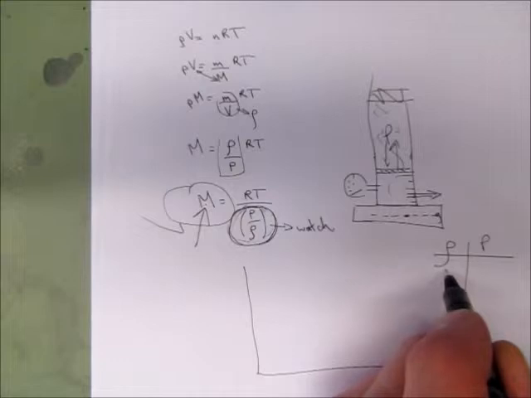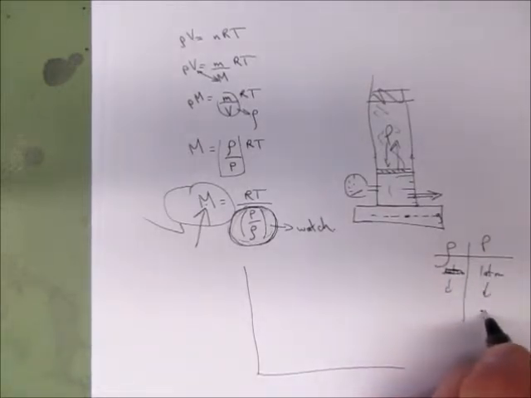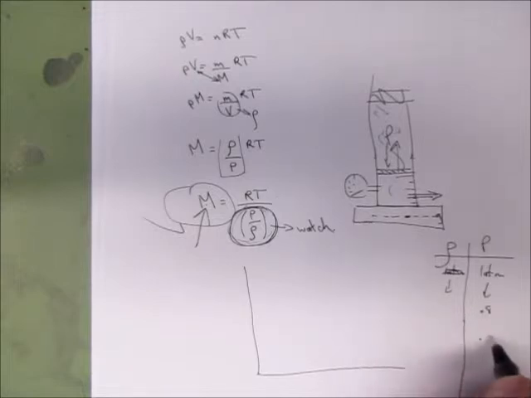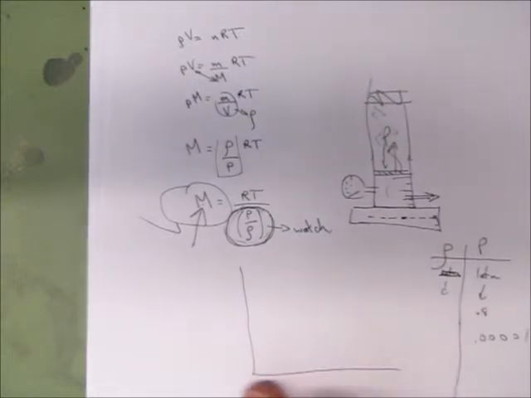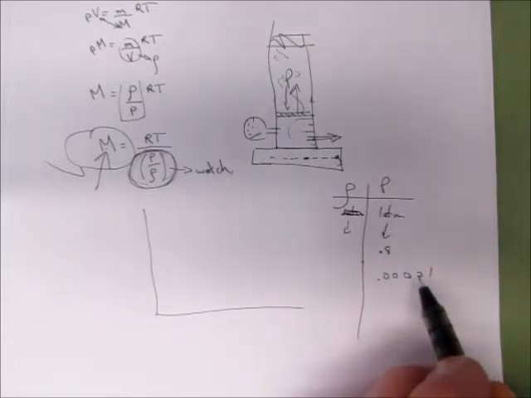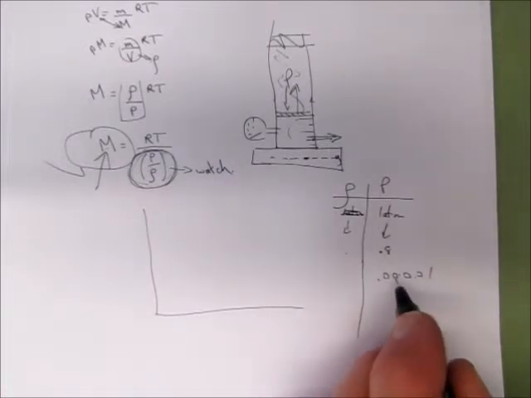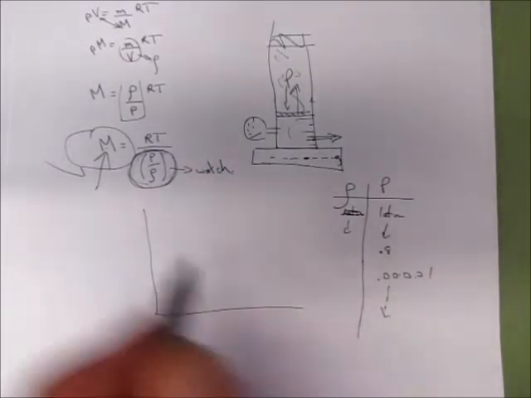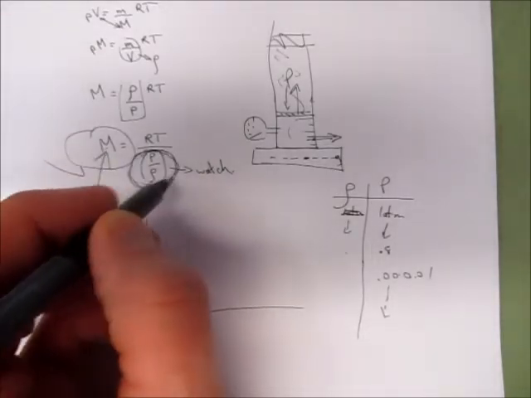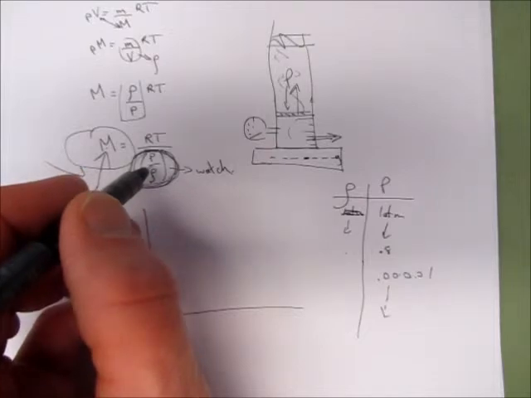So what he's going to do is, let's say you start out at 1 atmosphere and you're saying, I want to keep dropping the pressure. Start at 1 atmosphere. I want to go to 0.8. I want to go to 0.001 if I could, but there's a limit to how low they could experimentally drop the pressure and still measure a density. The lower the density, the lower the pressure, the more ideal this number m will become. So I want the lowest density, lowest pressure